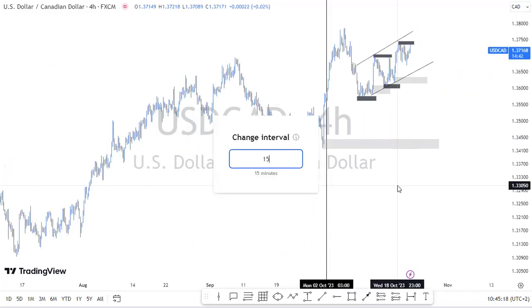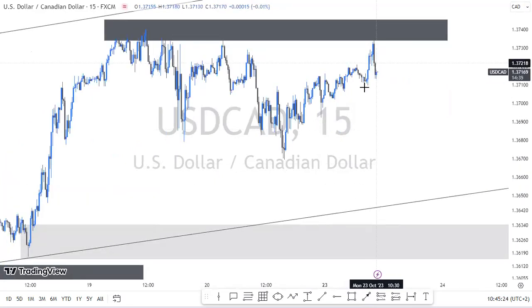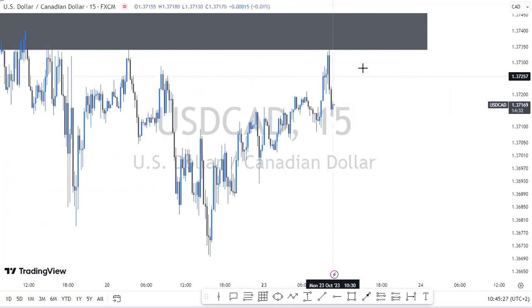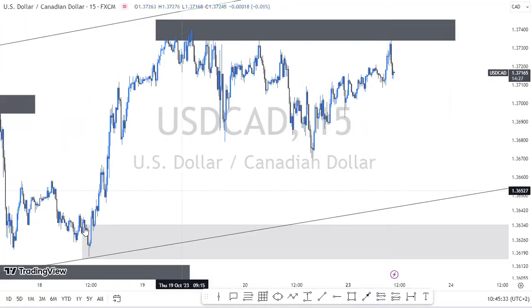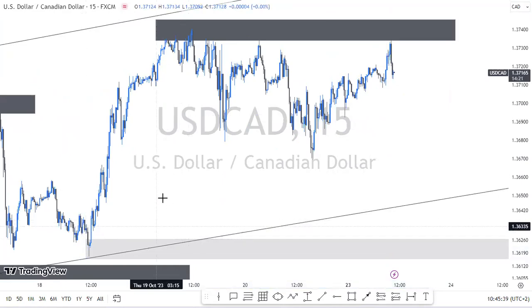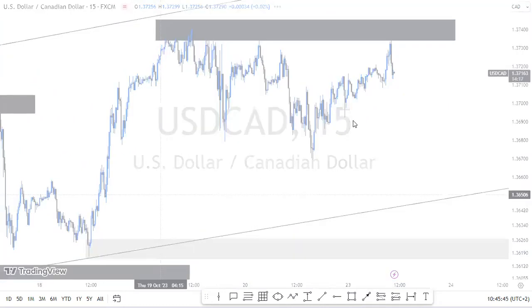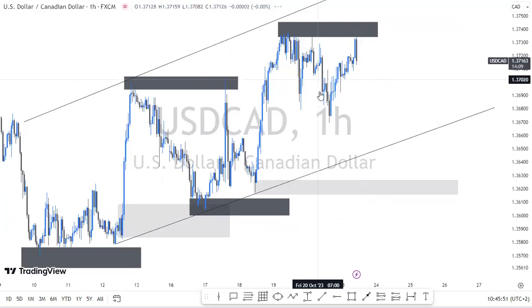Let's go to the 15. On the 15, I'm not exactly hoping for much. I may say that I'm waiting for a retest up to this 37,300, but then it's a premature entry. It's just something to look out for. I might refine this zone further, but as I've said, I'm going to observe it from a higher time frame perspective, because this is a currency, so there's a lot of factors which influence this, and its moves are a little different compared to indices and gold as well. So for now, this is all I have for USD CAD.